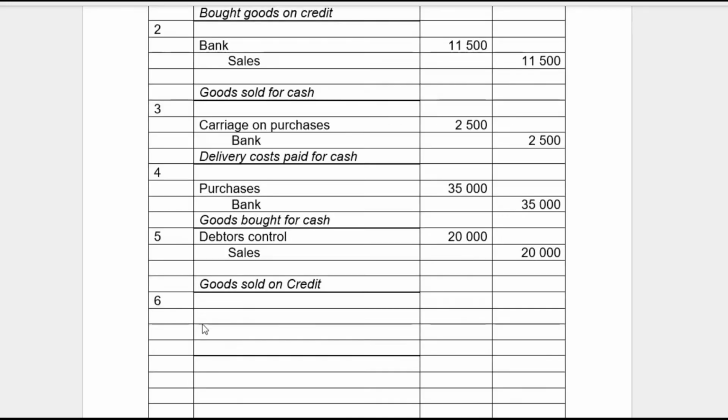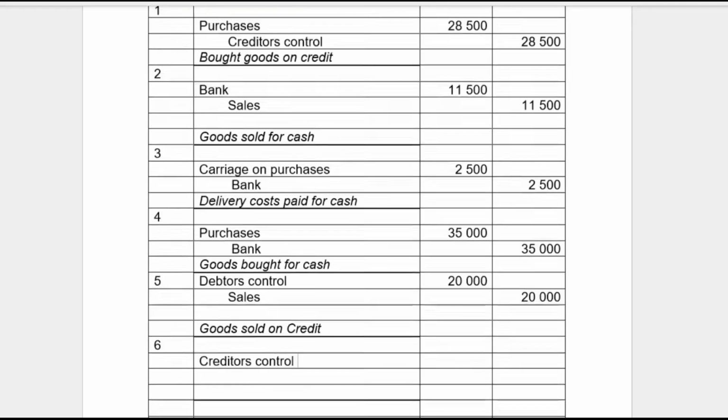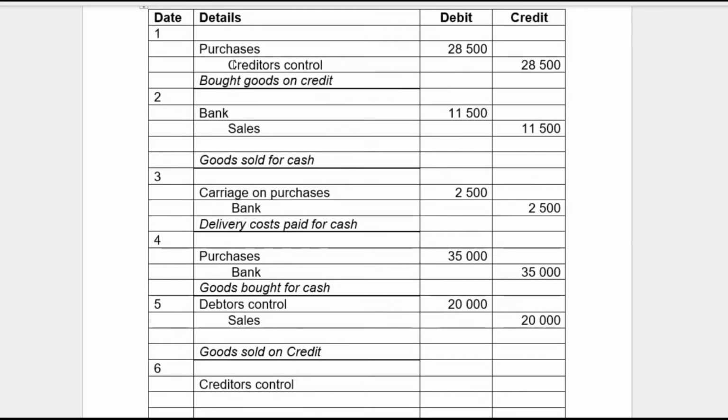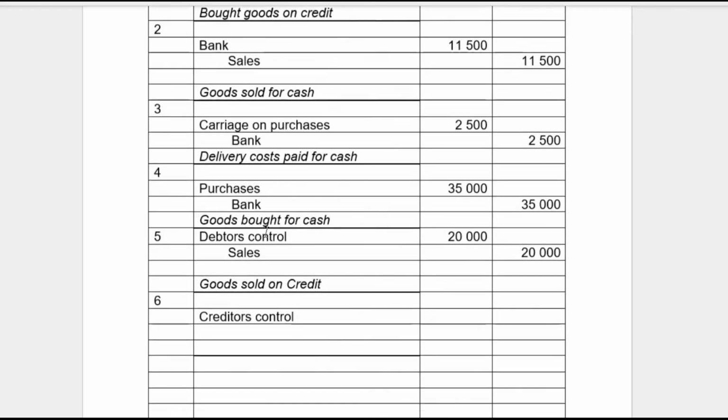Two accounts affected is going to be creditors control. You debit creditors control when you return goods there. Because if you check transaction number 1, you were purchasing, creditors control was credited. Here, you are returning, creditors control must be debited. And then you're gonna